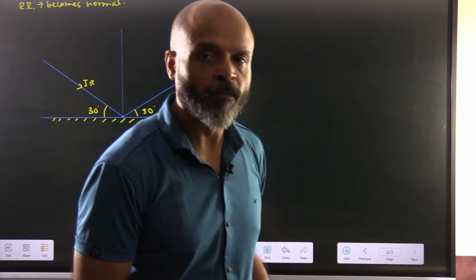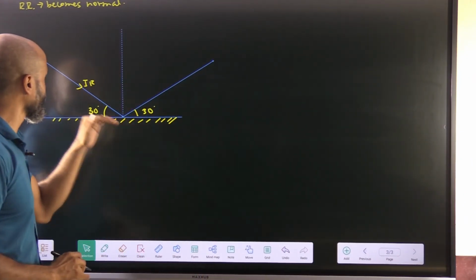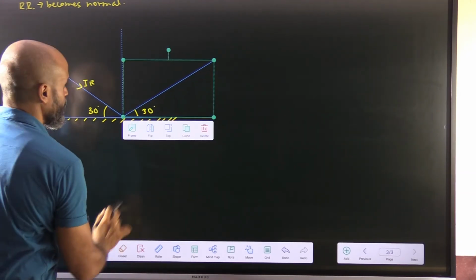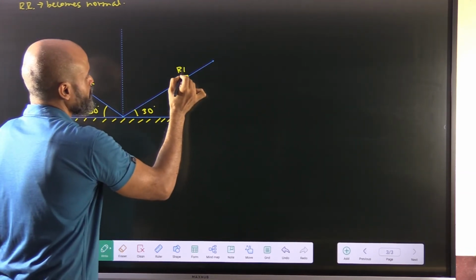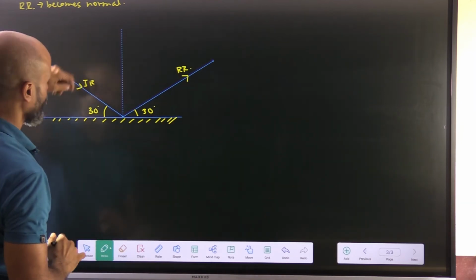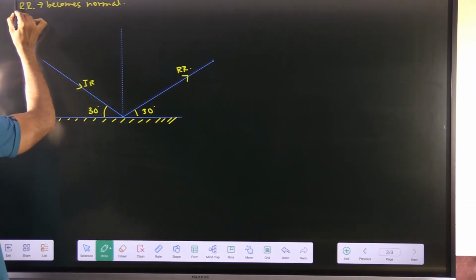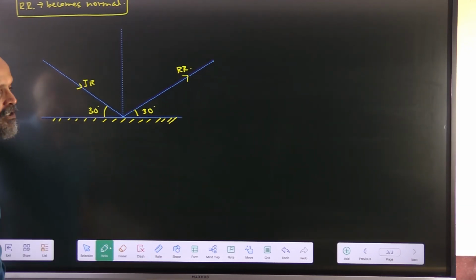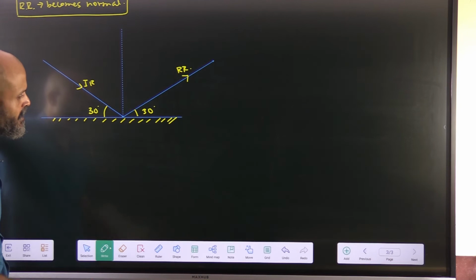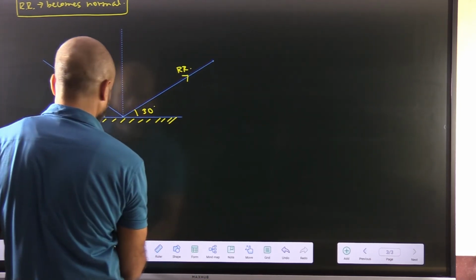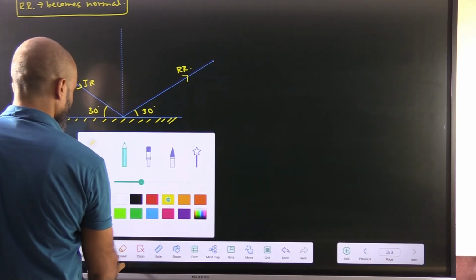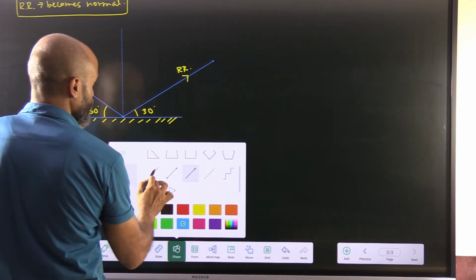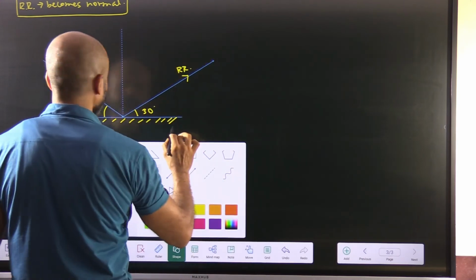Okay, so in this problem what we have here is a mirror and an incident ray, and obviously this one is the reflected ray. So by what angle should the mirror be rotated so that the reflected ray becomes normal to the mirror? It's very easy. Let's say I rotate this mirror by a certain angle, and we are not aware what the angle is. So let's say we rotate this mirror by a certain angle.